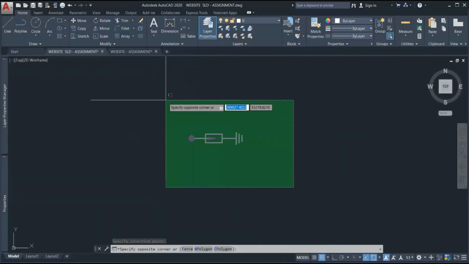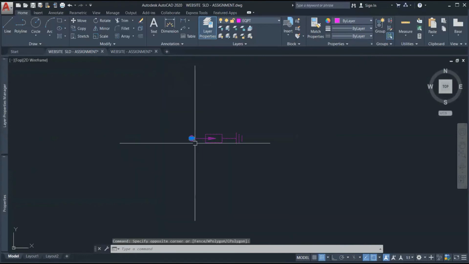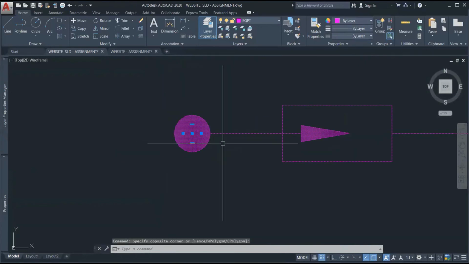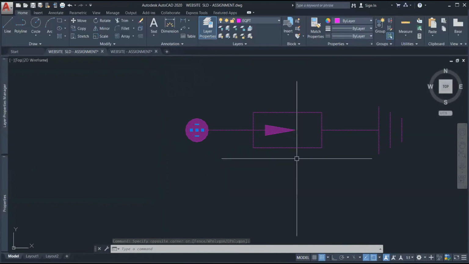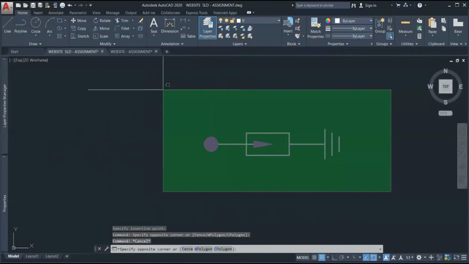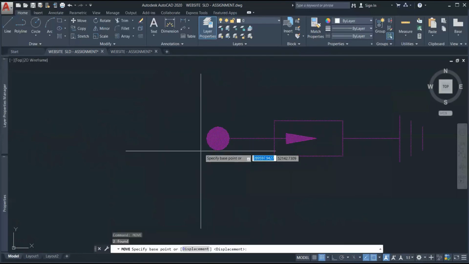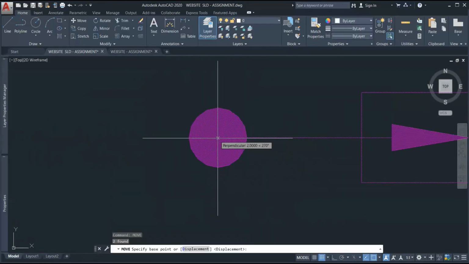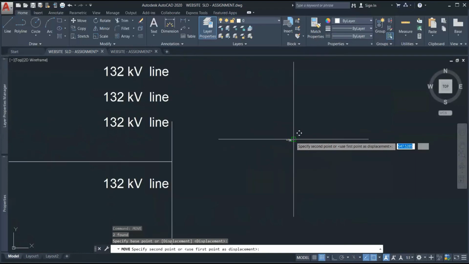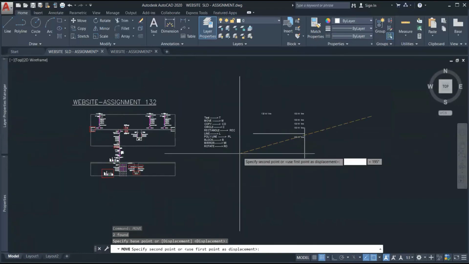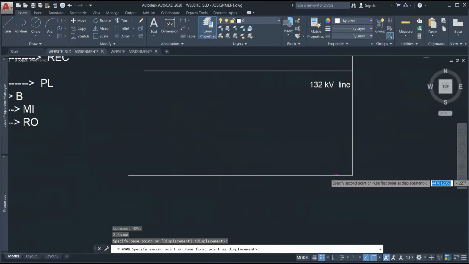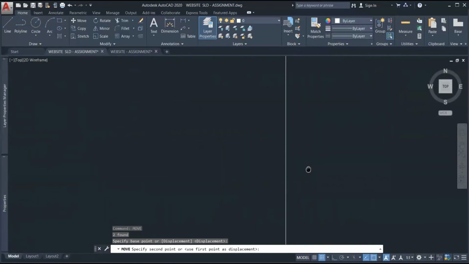And if you want to place this LA somewhere, just use the select command. Select, type the command MOV, move, type enter, select the point like this, and go to the place where you want to place the LA.